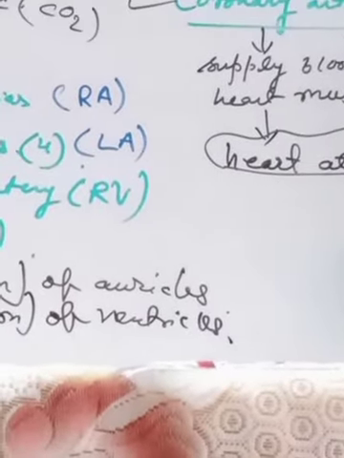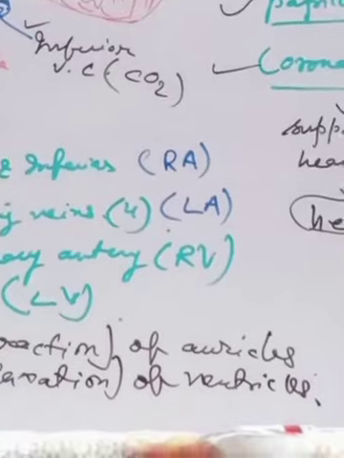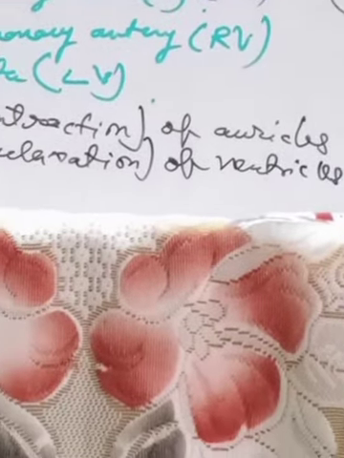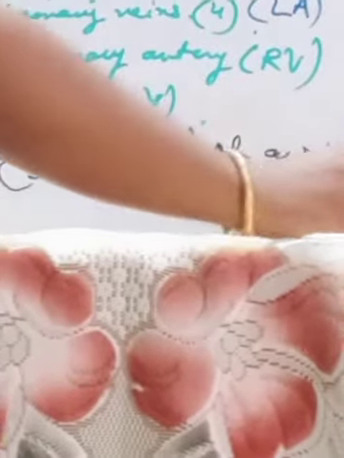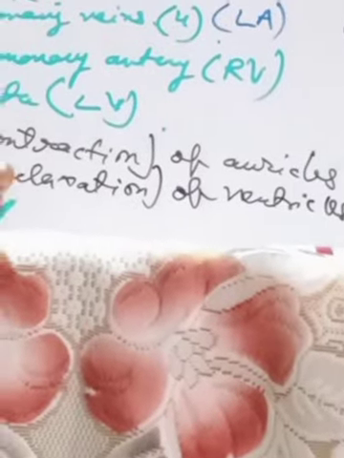So from the superior and inferior vena cava, the right auricle receives the blood, and then with the opening of the valves, the blood goes to the right ventricle. Now here my blood is, what type of blood? Deoxygenated blood. Now this is the first phase. The second phase will be just the opposite. What is the opposite? Now the ventricles will contract. That means the ventricles will be in contraction position and the auricles will be in diastolic position.